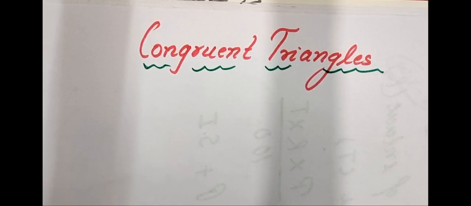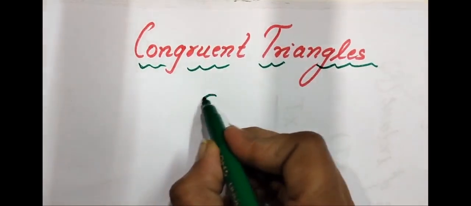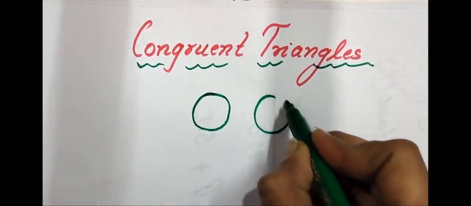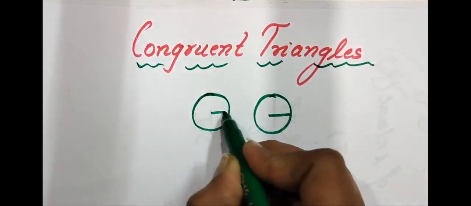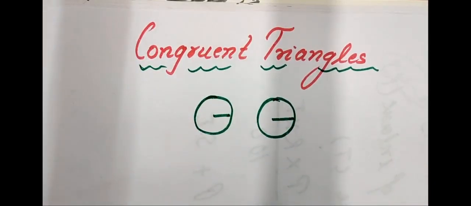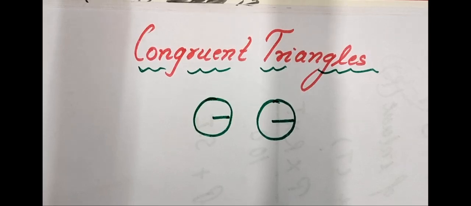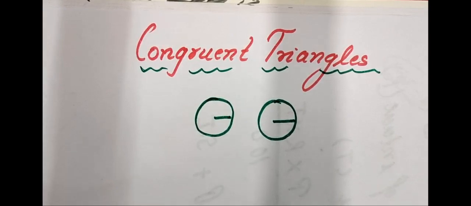Like this, if two triangles are the same, that means they have equal sides. If two circles are the same, like if I draw two circles and say that these are two congruent circles, that means the radii of these circles are equal. Right. In this way, we can check any figure. If two figures are congruent, that means they have equal measurements like length, breadth, height. So we can check whether any figures are congruent to each other according to their measurements.